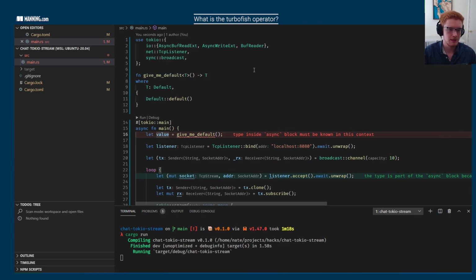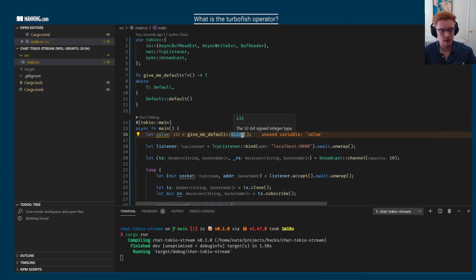So there's a couple ways we could solve this. Like in this instance, obviously, we could just add a type annotation to the variable binding, but sometimes that doesn't work if you're using a function call as a part of a larger expression. So another way that we can get around this is to use what's known as the Turbofish operator, which just looks like this. It's 2 colons followed by the greater than less than braces, which are used for type parameters in Rust. So this is called a turbofish